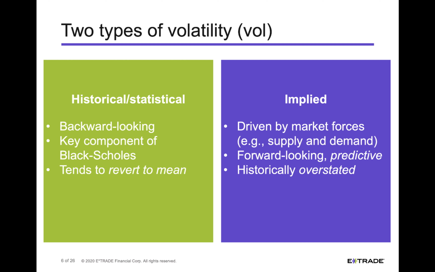Now, implied volatility is going to be driven by market forces. It's going to be driven by supply and demand, the number of people that are willing to sell calls or sell puts beyond the obligatory side, the number of people that want to buy calls and buy puts. They're demanding. And when you've got something, going back to my example, like a pharmaceutical study that's been in the works for 3 years and the data is going to be